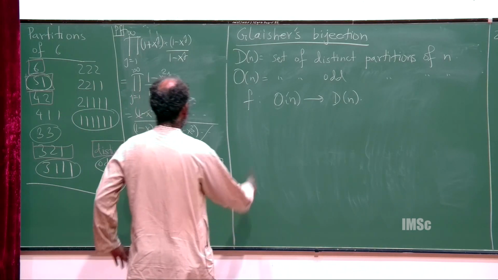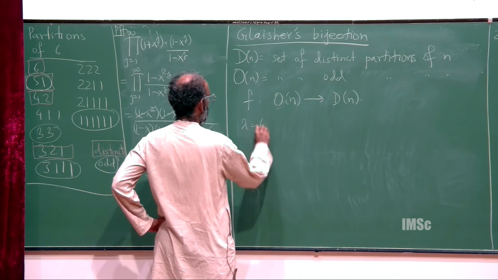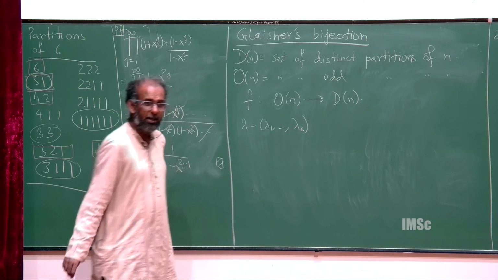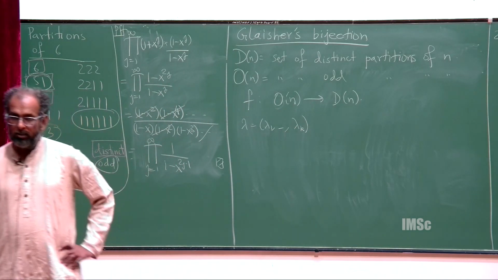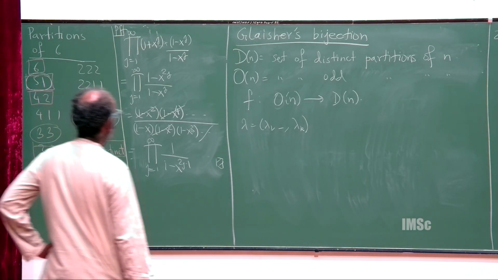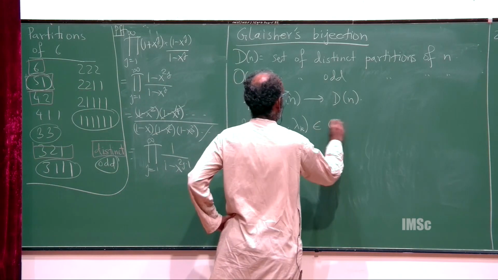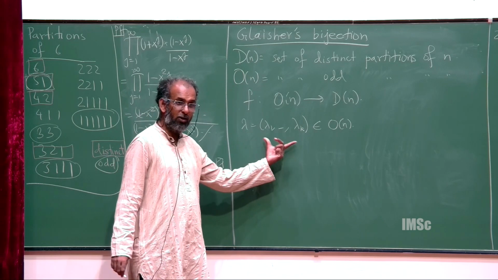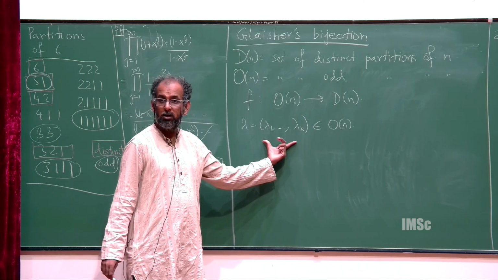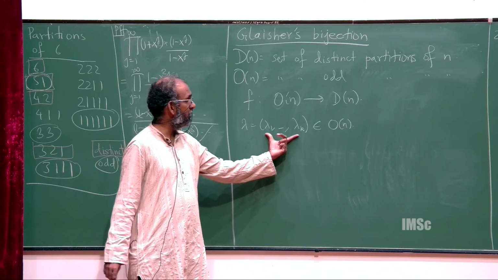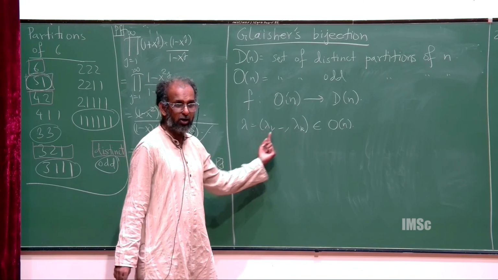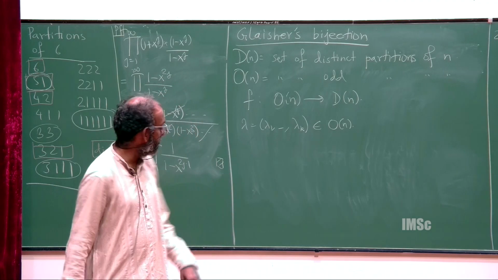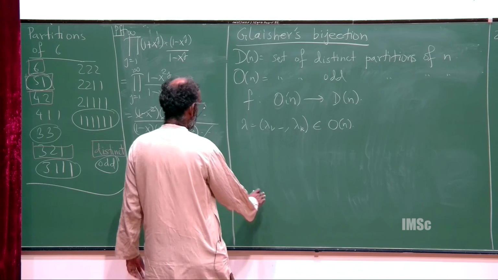So the idea is, suppose lambda is a partition, right? I said we use this notation: lambda 1 to lambda k. So this belongs to, let's say, O of n. That means the size of lambda is n, and all the parts of lambda are odd. They are only odd integers. Each lambda i is odd. Okay. So what he said is